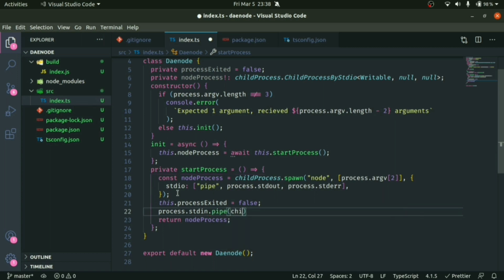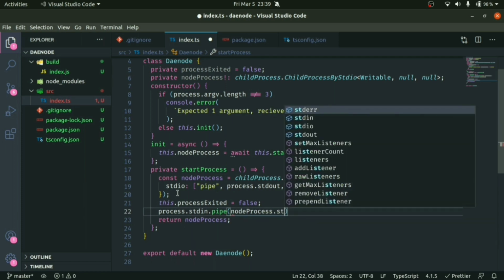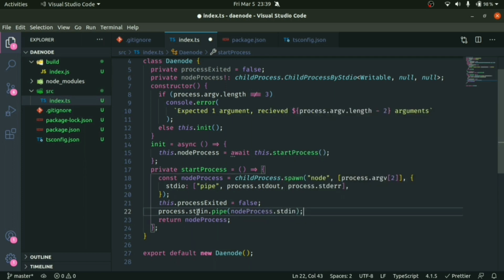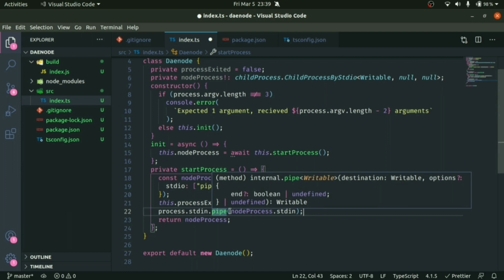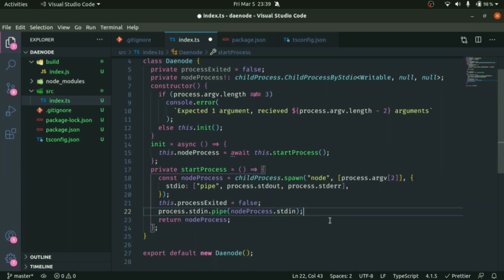So we'll do .pipe(nodeProcess.stdin). That is, whatever we get as input for our main process, we can pipe to the child process. That is, if you type anything in the console, that will be passed on to the application that you are running using dnode. The next thing is we will listen on the close and the error events.